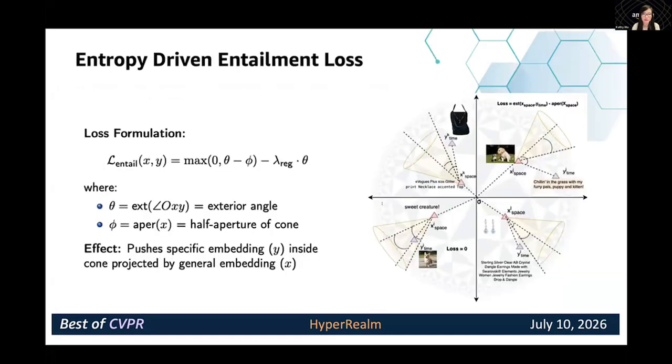Once we have determined entailment direction via entropy, we enforce it using an entailment cone loss. Here is the geometric intuition. We have the first term and the second term listed in this formula. Why does this work? Because in hyperbolic space, partial order relationships correspond to containment in cones. If A is more general than B, B should lie within A's cone. And remember, we determine A and B adaptively based on entropy, so this works for any instance, regardless of whether image or text is more general.